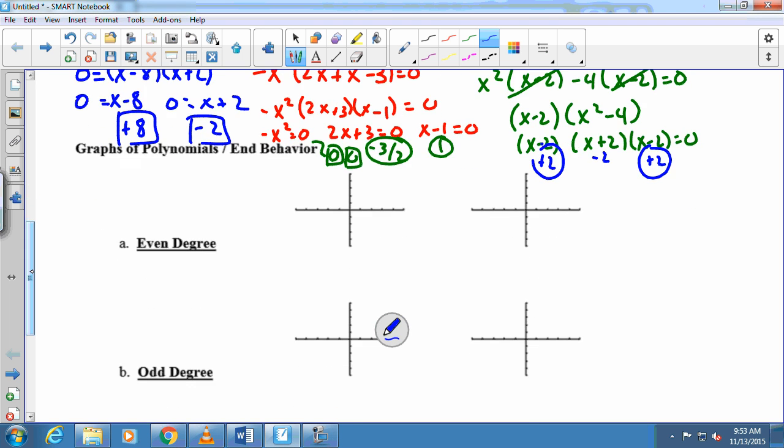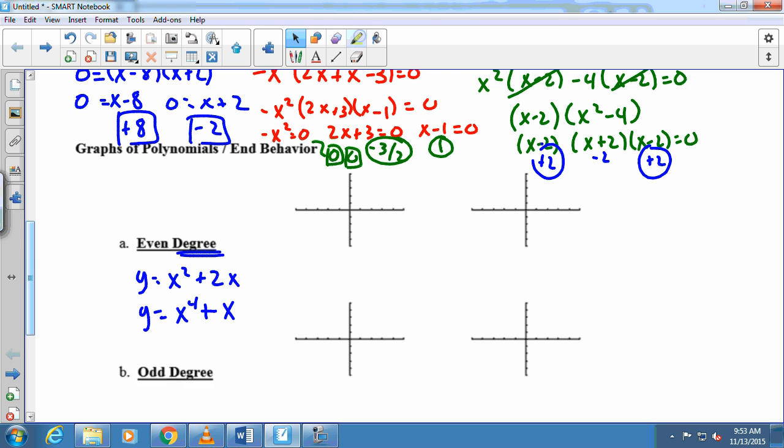Looking a little bit deeper at these graphs, if I have even powers, we talked about that symmetry idea, that it would be symmetric about the y-axis. However, we're just looking at the even degree, not all even powers, but an even degree, something such as y equals x squared plus 2x, or y equals x to the 4th plus x. We can see that those aren't even graphs, but once again, I'm looking at these powers called the leading